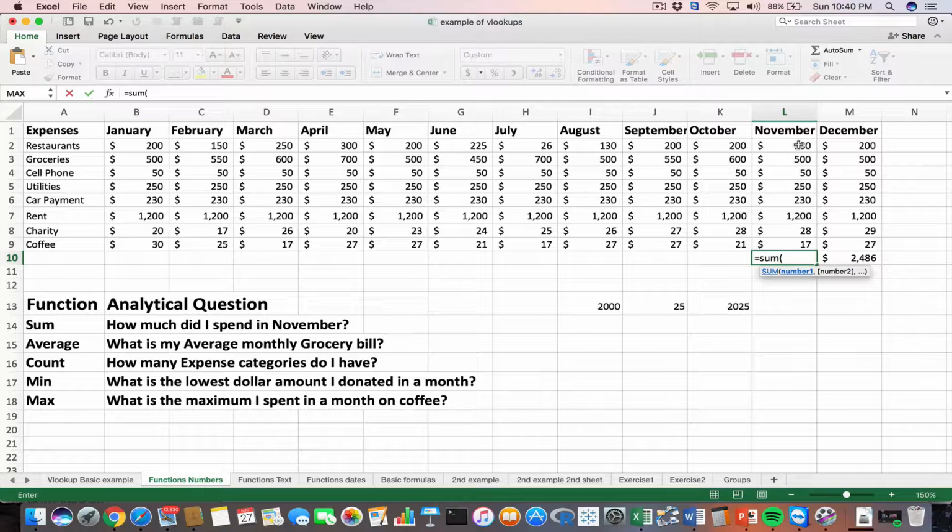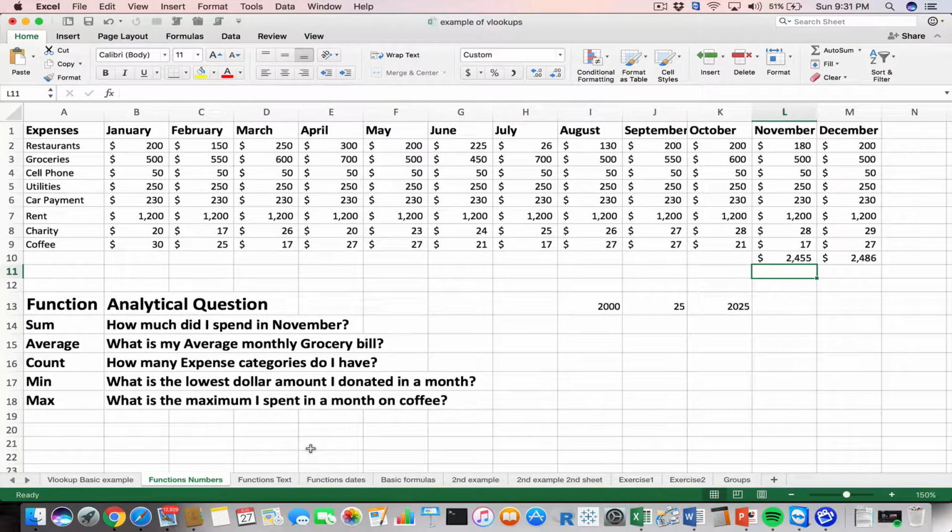I go to the first cell in my range, which is L2. I click it, I press the shift button, go to the last cell in my range and click that, which is L9, and that's how you select the range L2 to L9, and the parentheses, enter. There you go. I just added up all the numbers together from L2 to L9